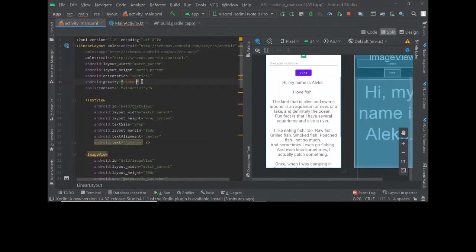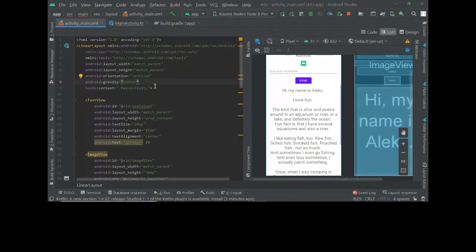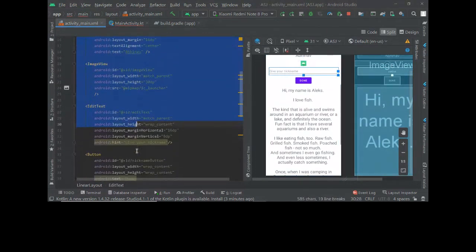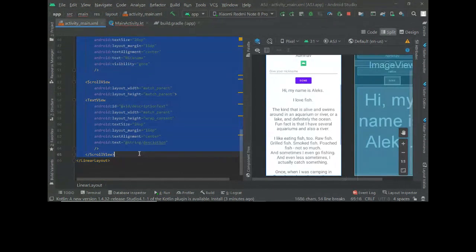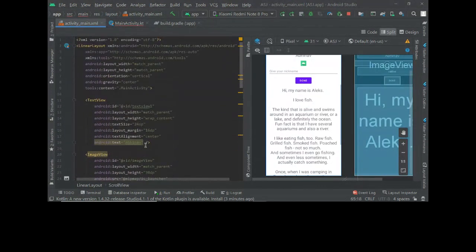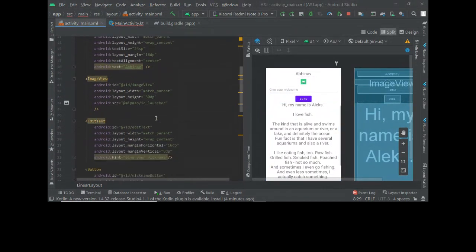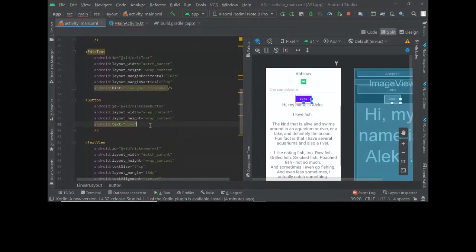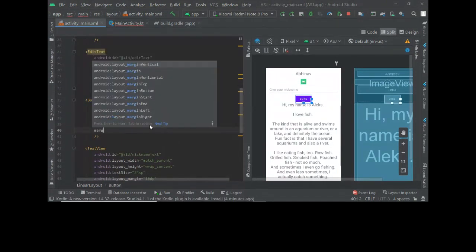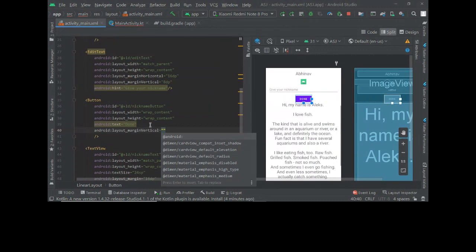If we add this in the linear layout, all the children views inside the linear layout are centered. If you add Android gravity as center to a linear layout, it centers all of these views. You can see that everything is in the center now, and it looks much better. And for the button, I will put a little vertical margin.